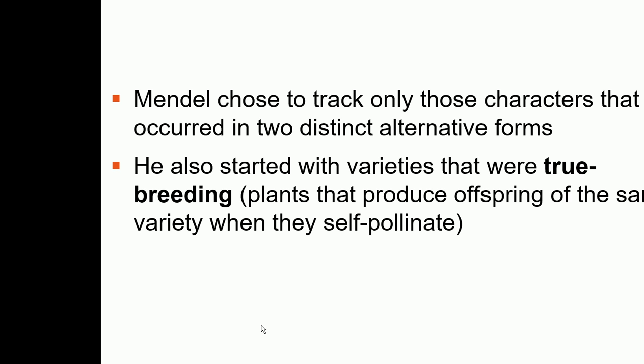remarkable thing about Mendel's crosses: he chose those characters which are there in the form of two distinctive alternative forms. And also he started with the varieties. In all his crosses you will see that he always started with plants which are true breeding, or we can say they are pure. Now let me explain what true breeding or pure means. So for that,